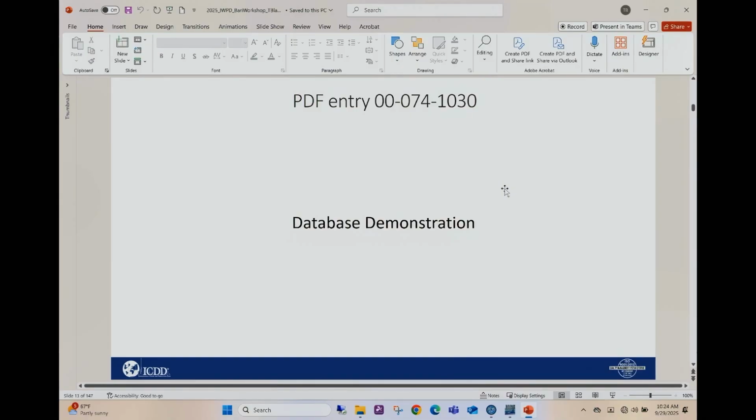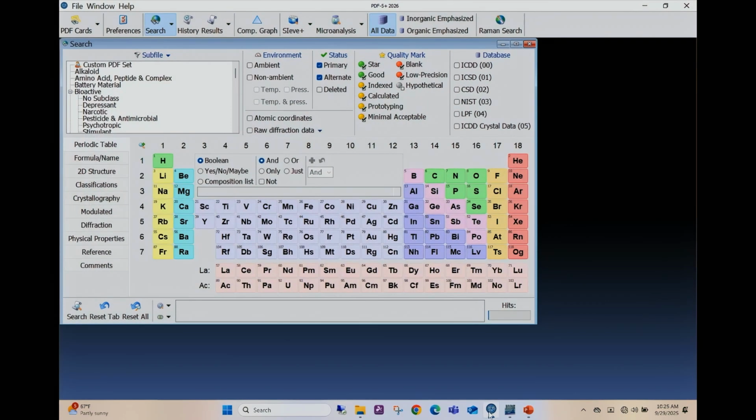So the entry we're going to look at is 00, which means it's ICDD originated data, set 74, and entry number 1030, okay? So when I look at the database,